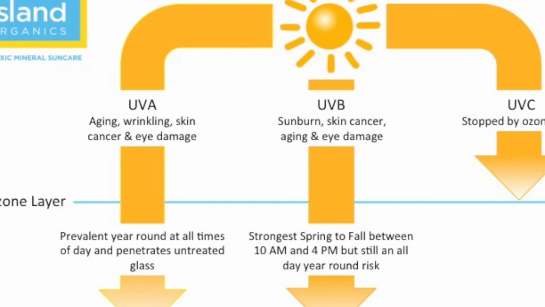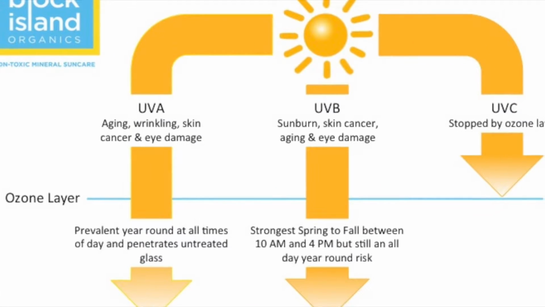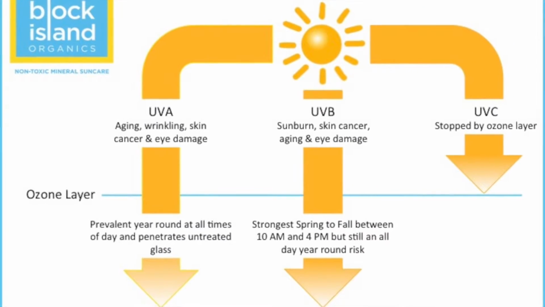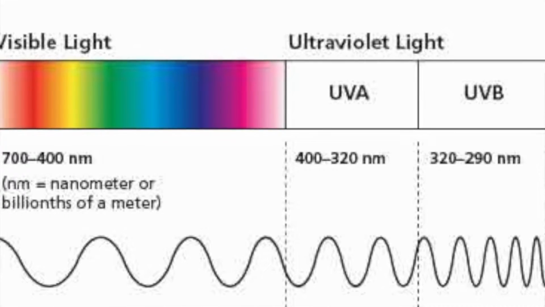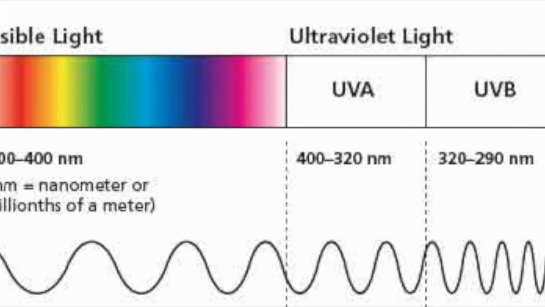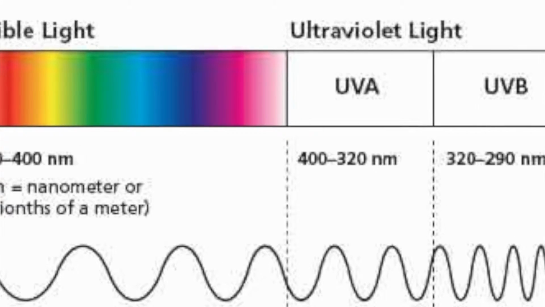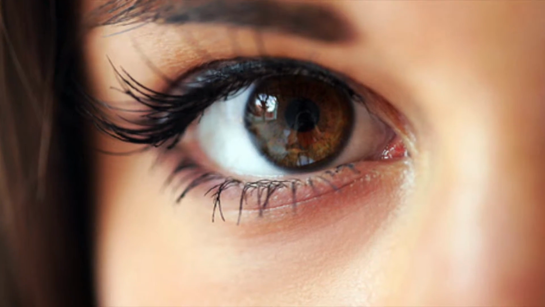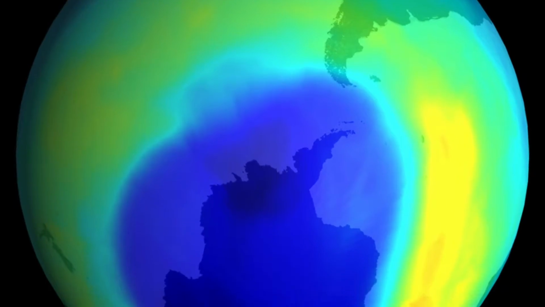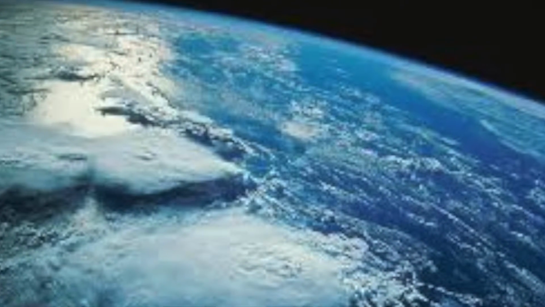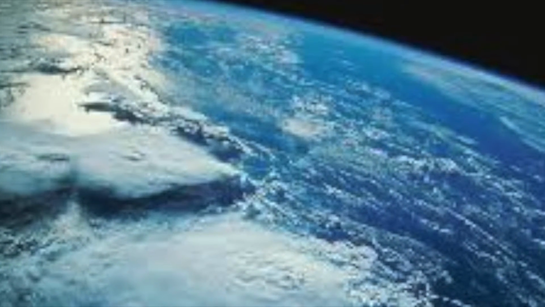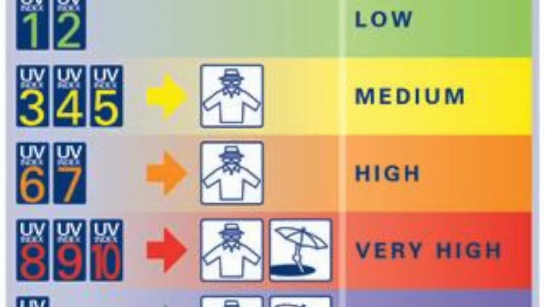mercury vapor lamps. There are 3 different types of UV radiation: UVA, UVB, and UVC. UV rays are classified according to their wavelength on the electromagnetic spectrum. UV rays have wavelengths shorter than visible light, which makes them invisible to the naked eye. UVC rays have shorter wavelengths and are absorbed by the ozone and do not touch the earth. UVA and UVB infiltrate the atmosphere and are the most common forms of UV radiation, leading to premature aging and skin cancer.